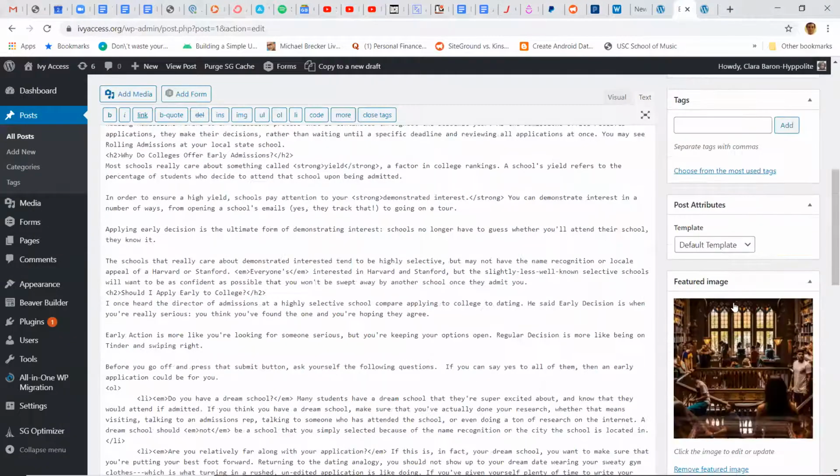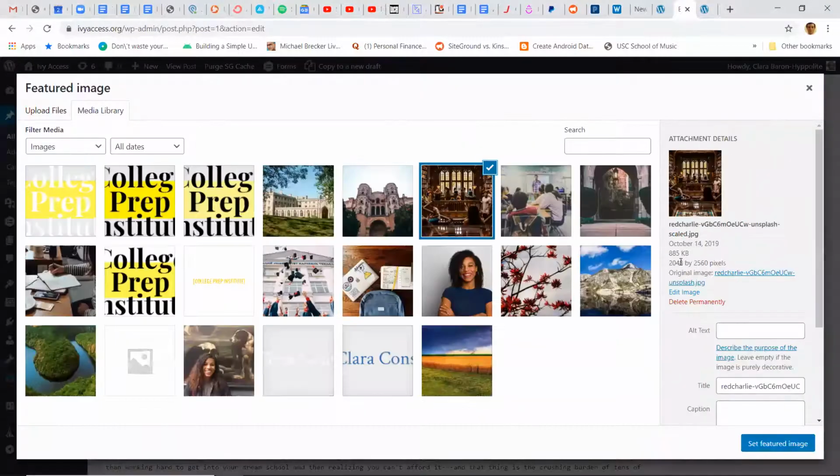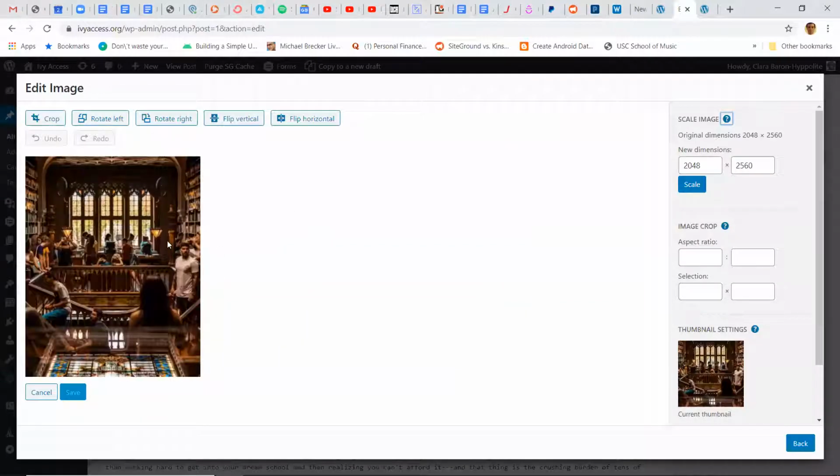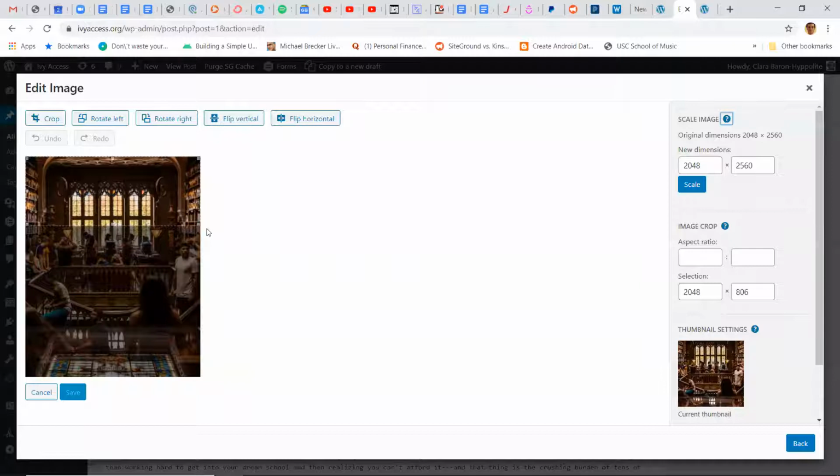So let me show you the original image that my wife uploaded. It's enormous. I mean, it's 2000 by 2500, right? Mm-hmm. And why do we want that? We want that because if we want to screw around with this image and crop it so that we're only showing the windows, for whatever reason, hey, I just want the windows from this foofy looking college room, we can do that.